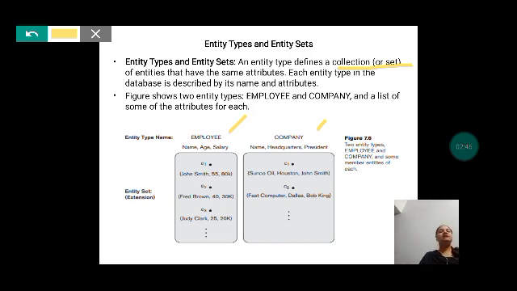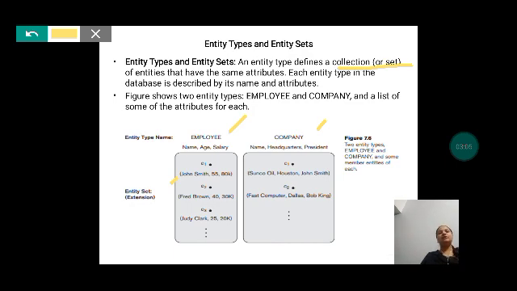So when I create a table for employee in my database, what will I be storing there? I will be storing data regarding the name, age, and salary of the employee, right?